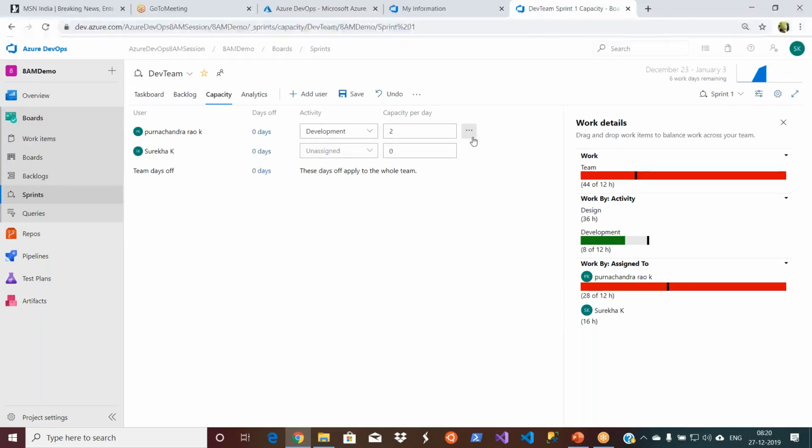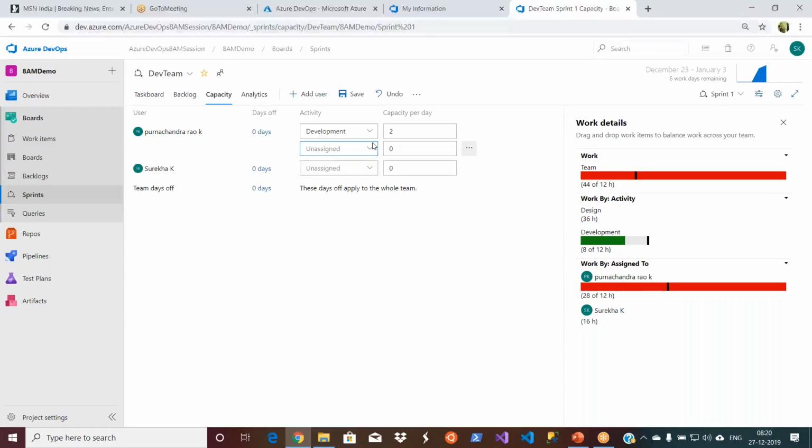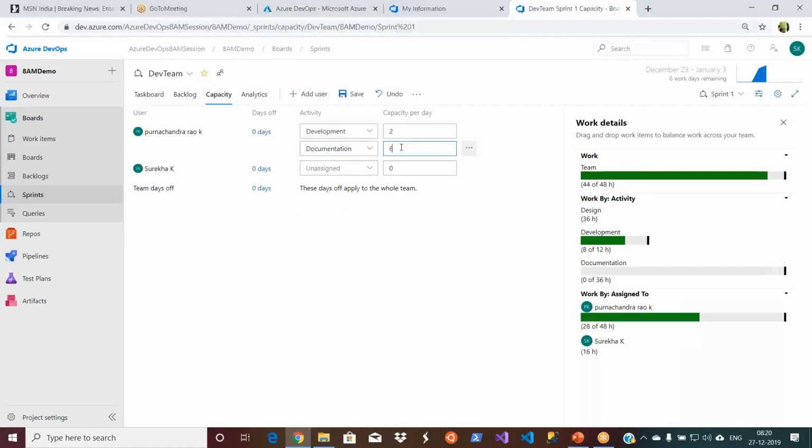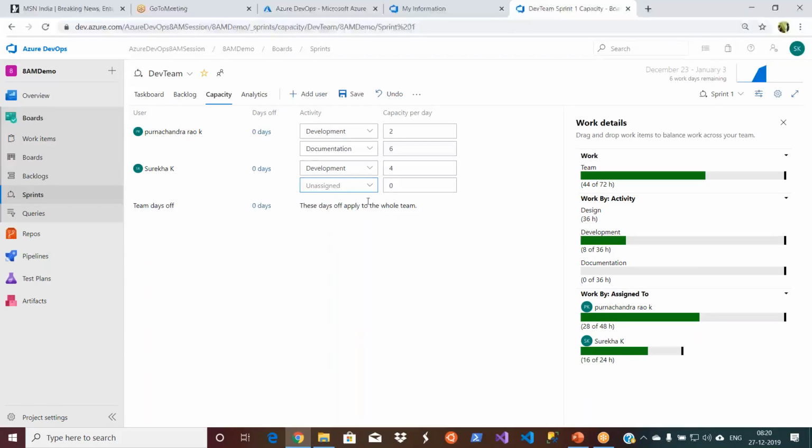And then I also ask Purnachandra to another activity every day. That is, let us say, documentation. Then this is 6 hours per day. Okay. Now I ask Sureka, I would say, to do development 4 hours per day, and I want her to add one more activity.